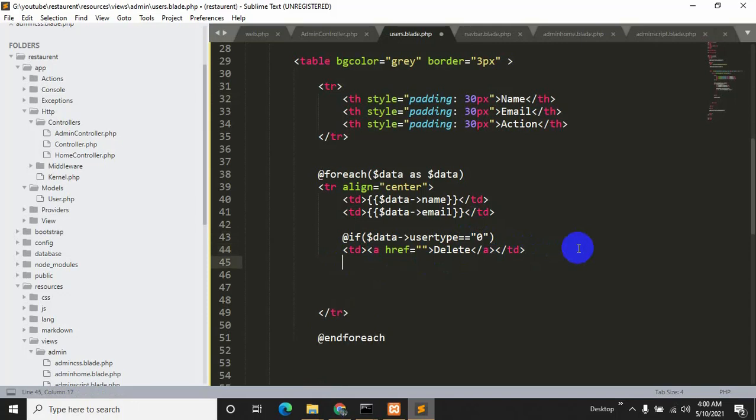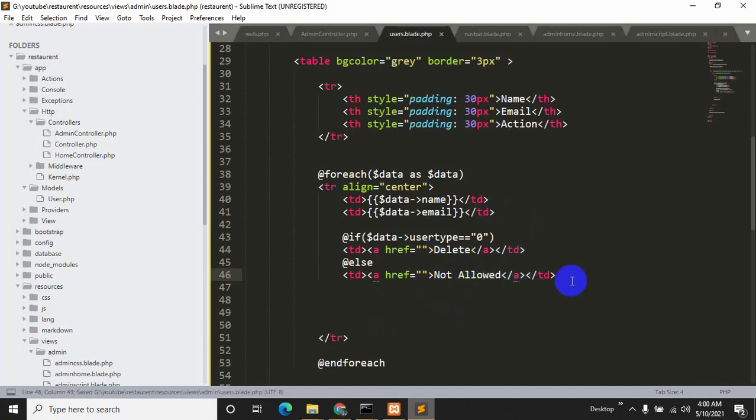But if it's not, then we'll say over here @else, we'll give another td, and we'll just say over here not allowed. Okay, so let's save it, Control S.